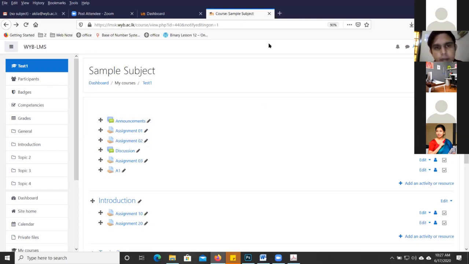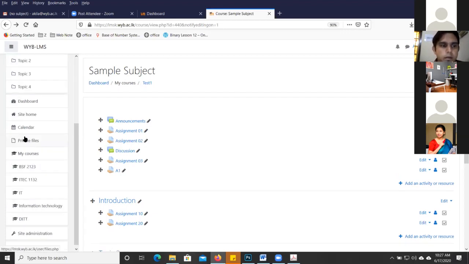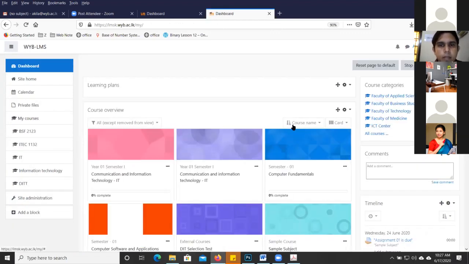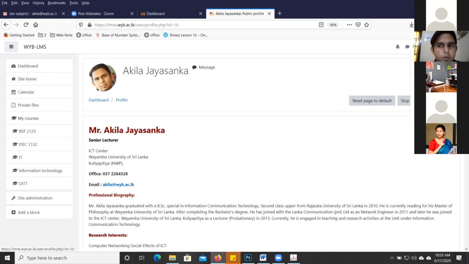Again, we're going to explain how you can prepare your profile. So here, when students click on your name, they may be directed to your profile here. So what you have to do, you can go to profile from this point, go to profile.